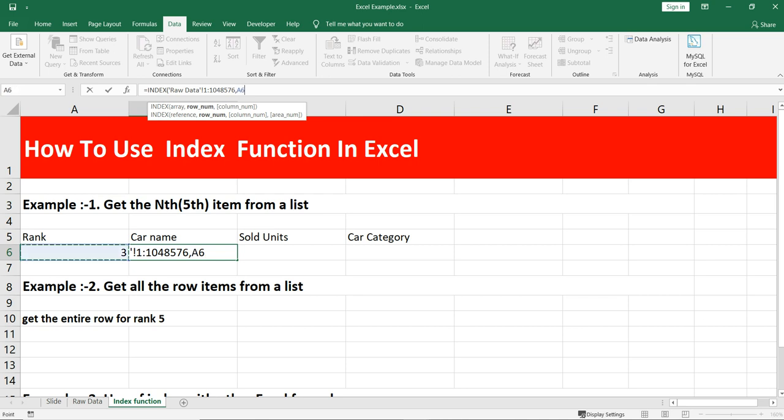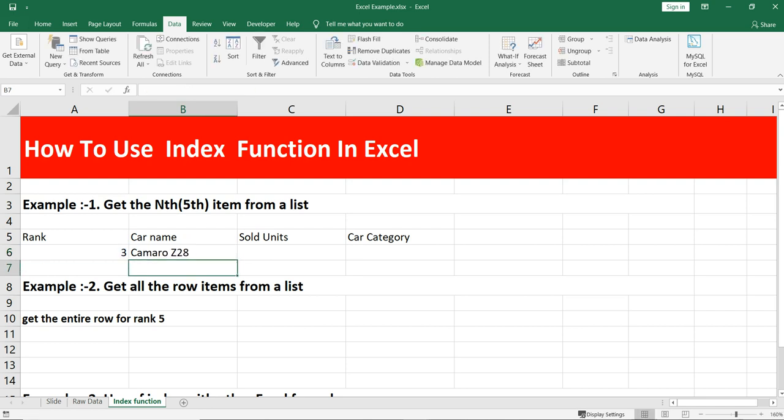So we'll take this reference A6, and then we'll put the column number. Our column number is 1. We know that the car name won't change. The column in which the car name sits, column 1, won't change, so we don't need a dynamic column here. We'll close the bracket and press enter.